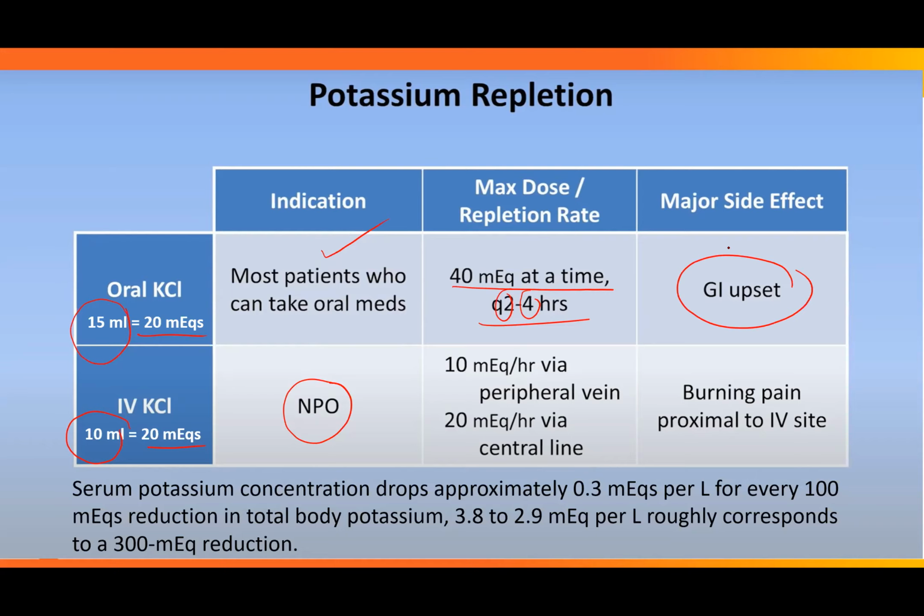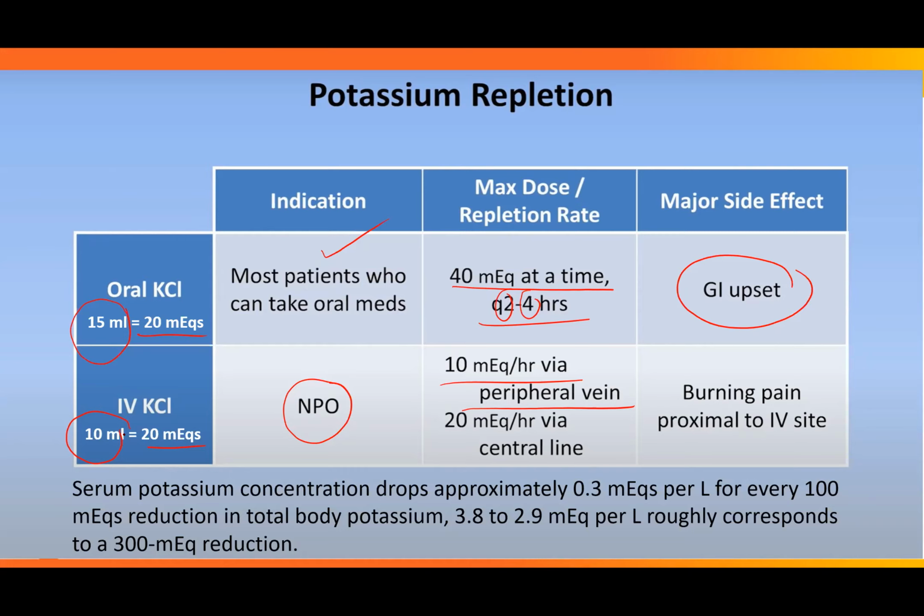Supposing you want to use IV potassium chloride, if the potassium is less than 2.5 or if there are other disorders like acute coronary syndrome or QT prolongation or tachycardias, then you have to use IV potassium chloride solution. 10 ml ampules are available, 10 milliequivalents via a peripheral vein. If you use a peripheral vein, you cannot push more than 10 milliequivalents per hour, or that means 5 ml per hour.